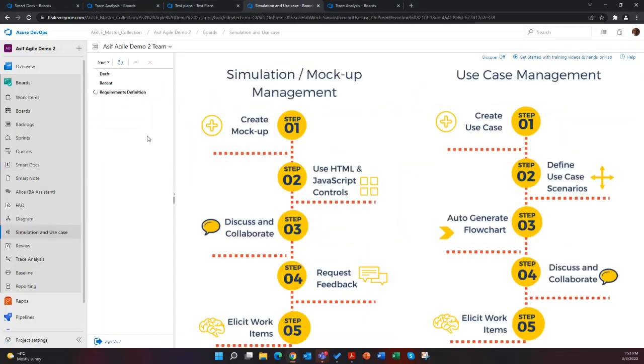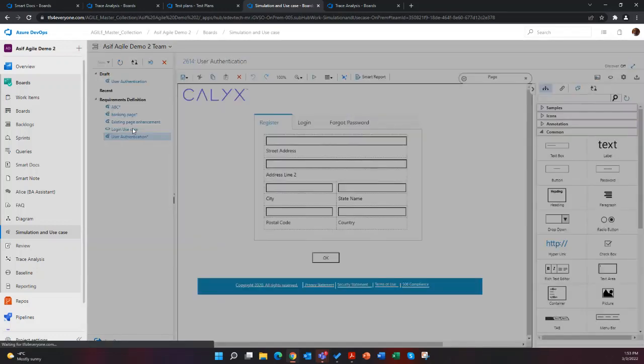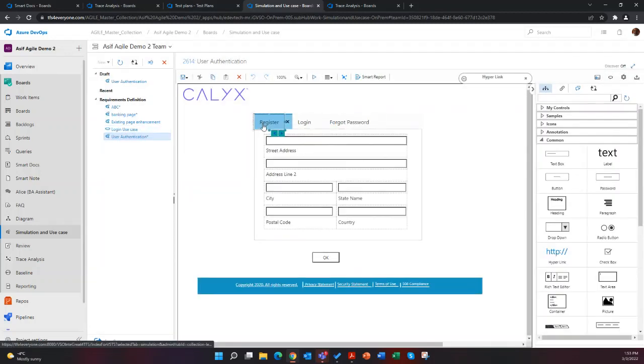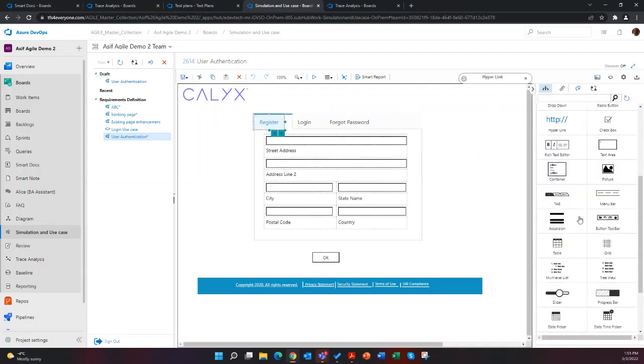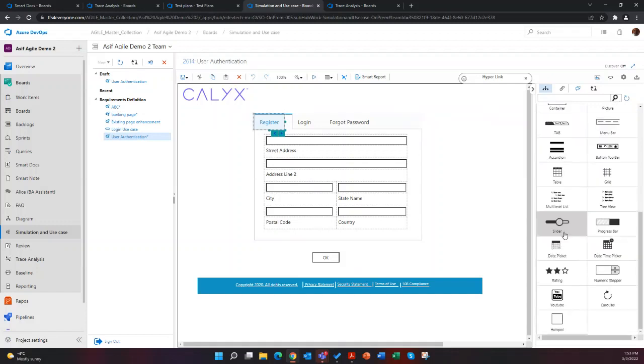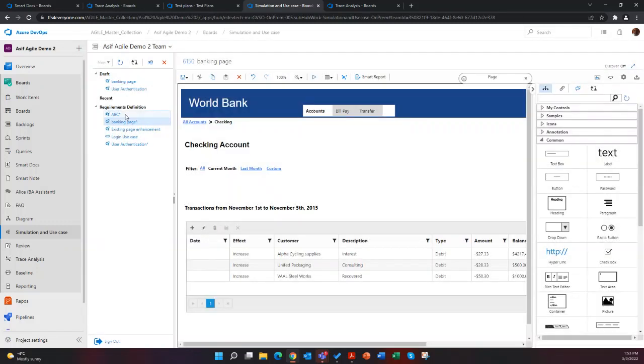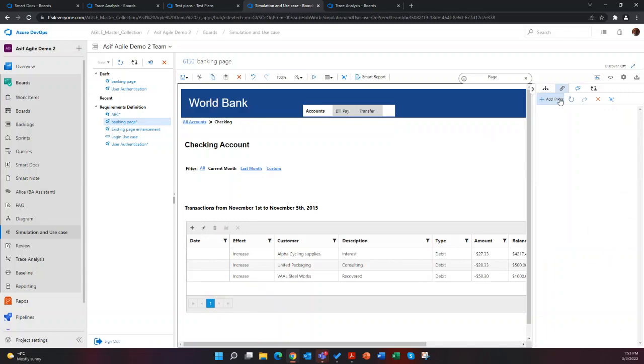Yeah. So you can create wireframe screen mockups where you can create screens, and in this case, I'm using a tab control and various HTML and JavaScript controls to create mockups. And then I can link one page to another page, so I can navigate between pages. Pages can be simple or more complex. You can even take a screenshot and hotspot things and overlay different controls on it. You can create requirements against the page or the controls on it, and so on and so forth.